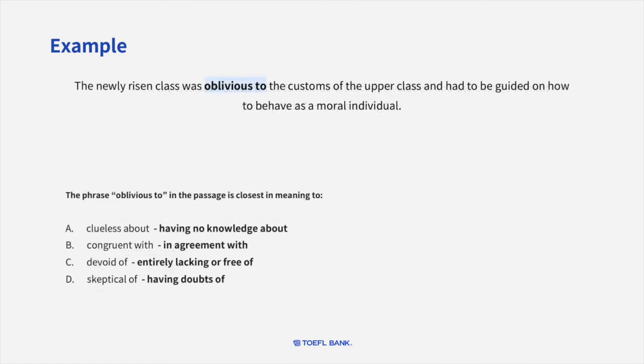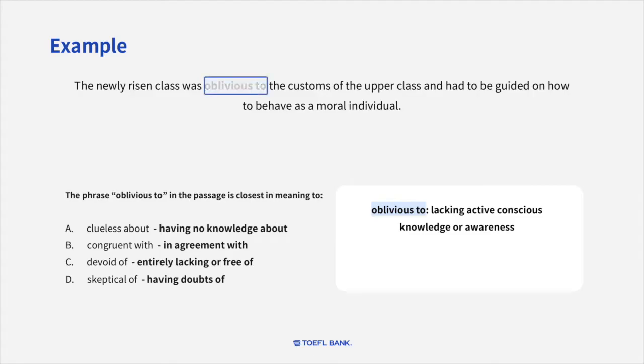The question reads, the phrase "oblivious to" in the passage is closest in meaning to. The meaning of oblivious to is lacking active conscious knowledge or awareness. The answer to this question would be A, clueless about. As such, if you don't know the words, it will not be easy to solve these types of questions. But for this question, if you did not know what oblivious to meant, there's a clue you can use to determine what it means. The sentence that contains the phrase in bold reads,